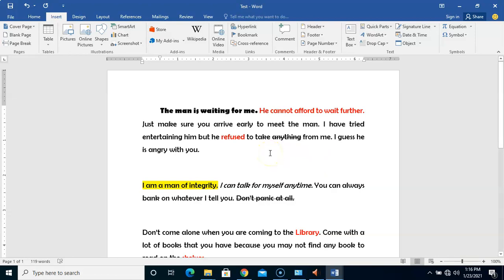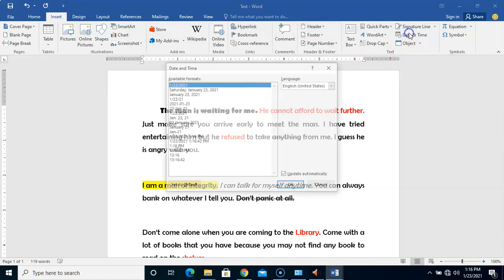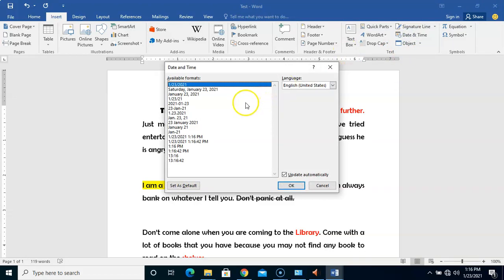And the final one I want to talk about is how to insert date. Let's say I want to insert date around here. All I need to do is come to insert, still under the insert tab. You come to the text group, then you see date and time here. You click it. Under date and time, you have the available formats here. Look at them. You can choose any one. I prefer this. The language is English, United States, because I chose that from the beginning of the installation